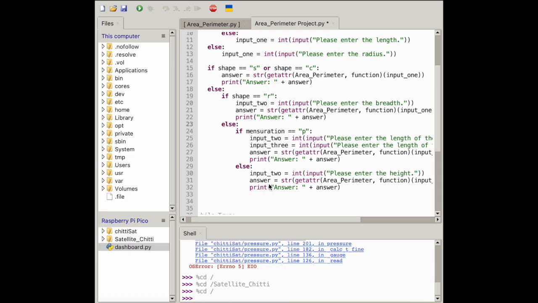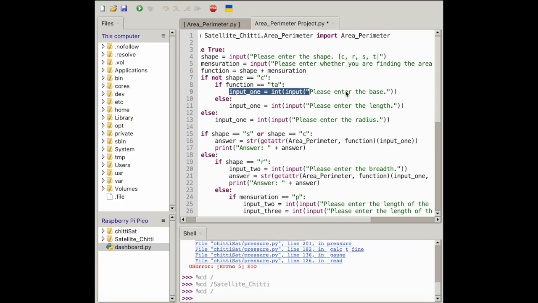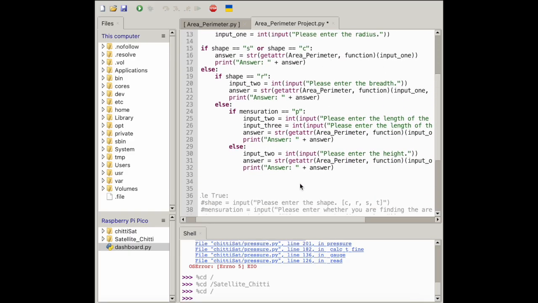a triangle. Now this can be triangle area or triangle perimeter. And now we check again if the mensuration is equal to P. So if they are asking the perimeter, we should ask for 3 inputs. If they are asking the area, we only need to ask for 1 more, since we have already asked 1 over here. So if the mensuration is perimeter, then input 2, which is